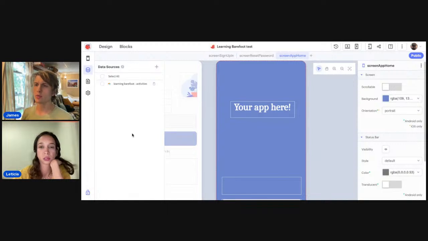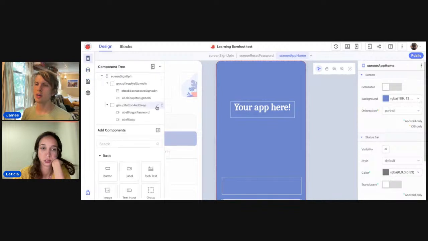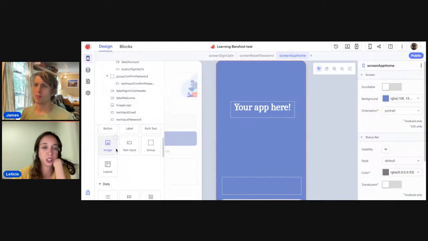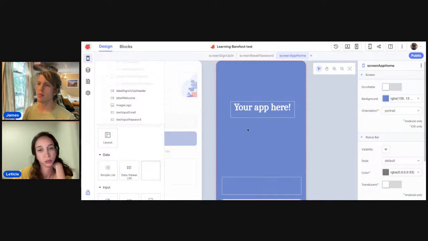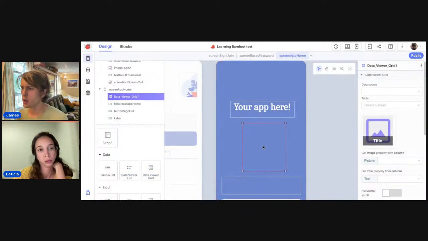If you go back to the first item in the navigation, the designer, and scroll down to components, we see under data there's a list, a grid, and we should be able to drag one of these onto the app, and then connect it.